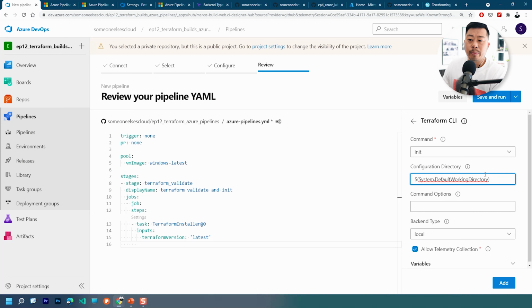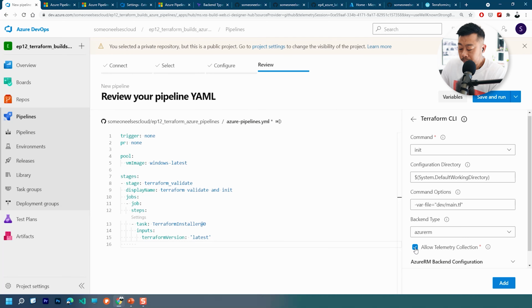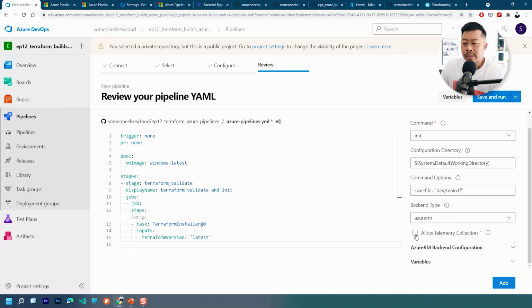Bit rusty here, but I believe I need -var file. So I'm basically going to add my dev file here. So it's main.tf, I think. This is where we can configure our remote state. So normally when you're setting this up, if you look at other